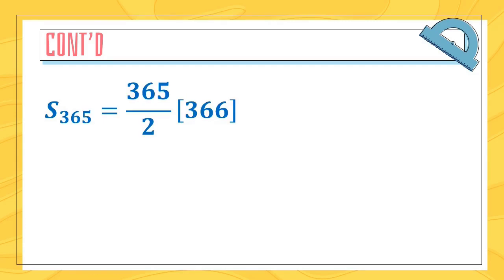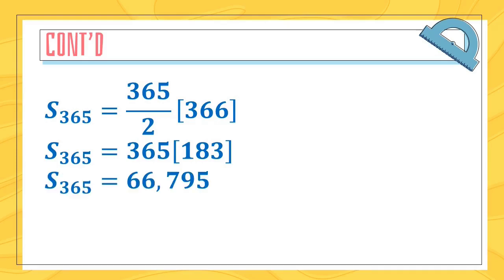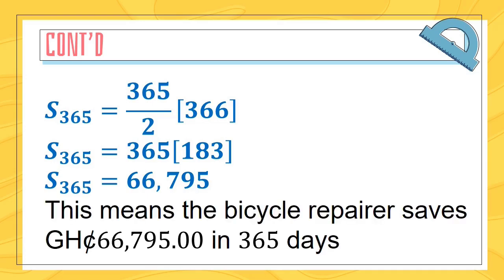Now we can divide 366 by 2, and that will give us 365 multiplied by 183, and that will produce a sum of 66,795. Now this implies that the bicycle repairer saves 66,795 cedis in 365 days, meaning that if we want to find the sum of money he has saved from the first day up to 365 days, that would be